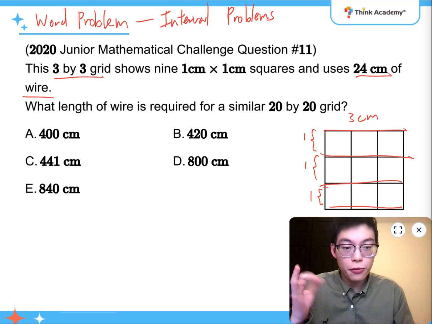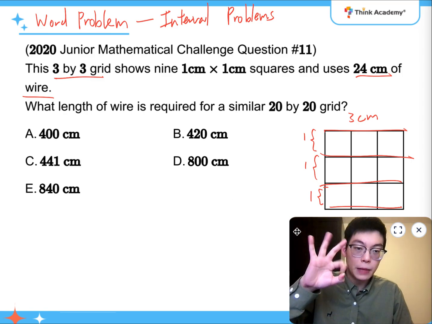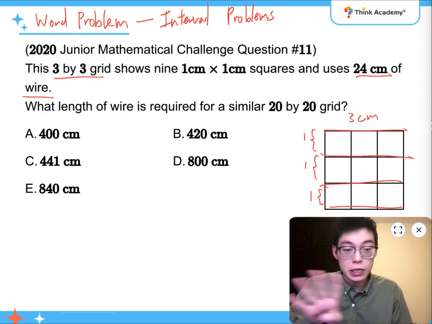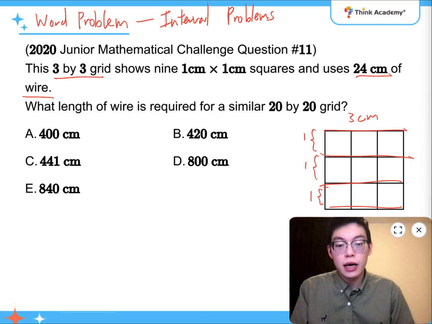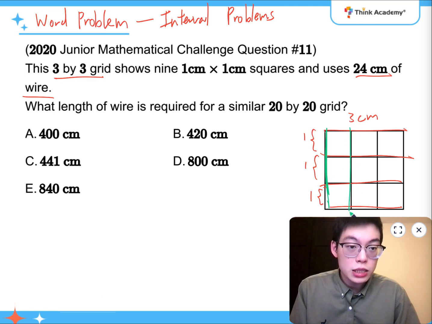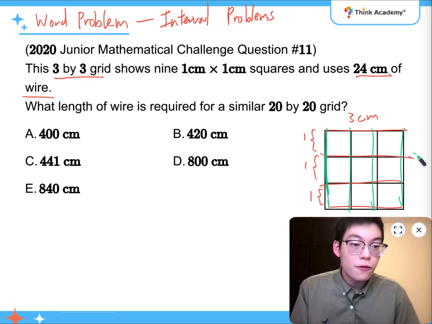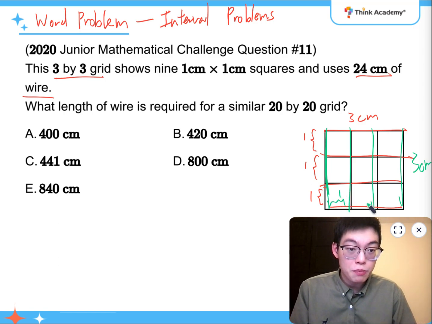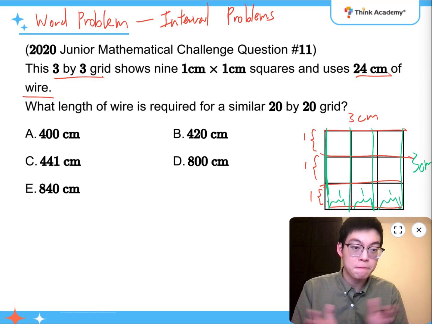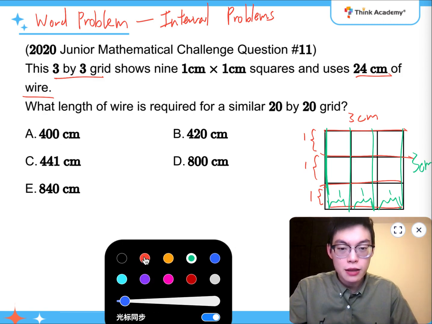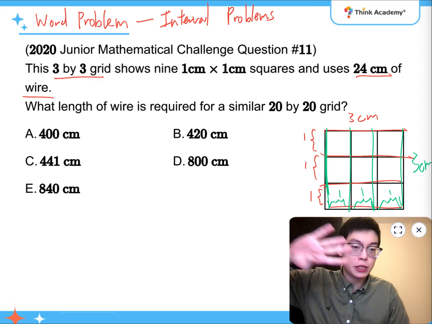That's the reason why I have 3. I have 3 gaps, and then I have 4 wires, each of 3 centimeters, going horizontally. And the same works in the case when it is going vertically. So I have 1, 2, 3, 4 wires, each of 3 centimeters, because I have 3 gaps of 1. You see that? So we can imagine that in a 20 by 20 grid, there will be 20 gaps along